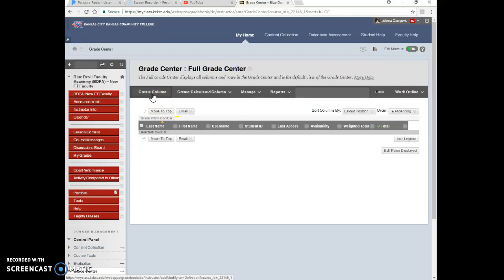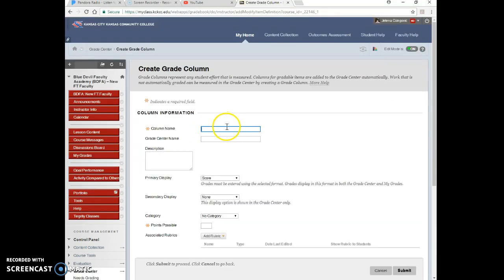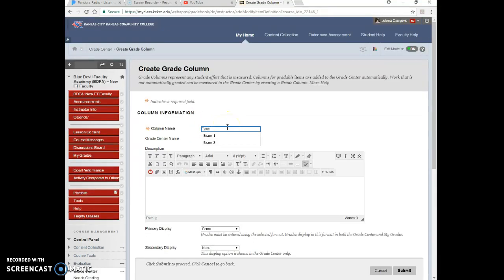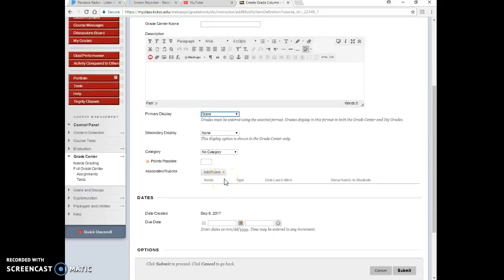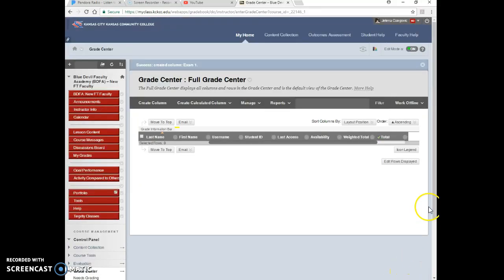So I'm going to go over here, I'm going to create a column. I'm going to call it Exam 1. Okay, I'm going to have it display as a score. Some people may choose to display it as a percentage. That's kind of up to you. It doesn't matter what category this is. That's for the weighted total Grade Center, but it does matter how many points this is worth. So I have to tell it it's worth, let's say 50 points for this exam. I'm going to click Submit. And now I've just added my first